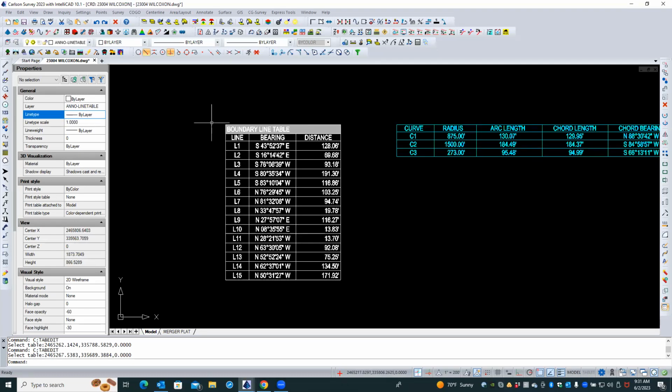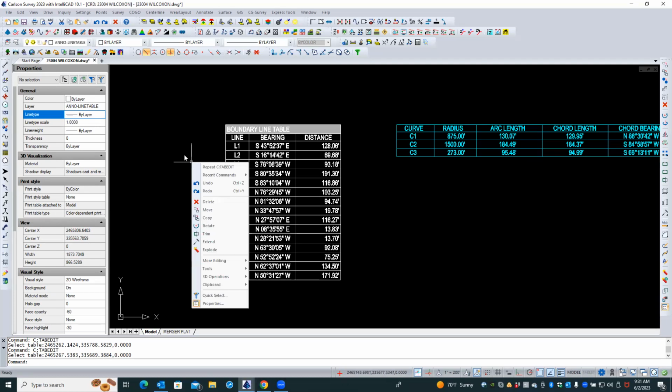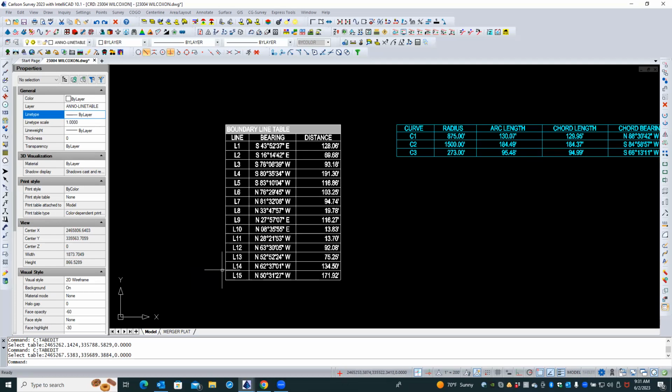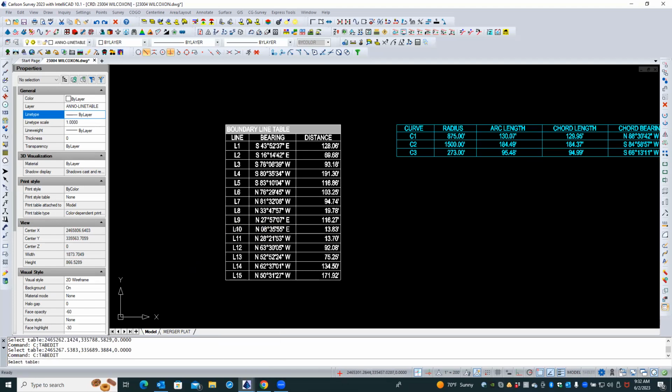And let's see. But we make the bearing a little bit wider. Let's see if we've also got enough of that. All right, so